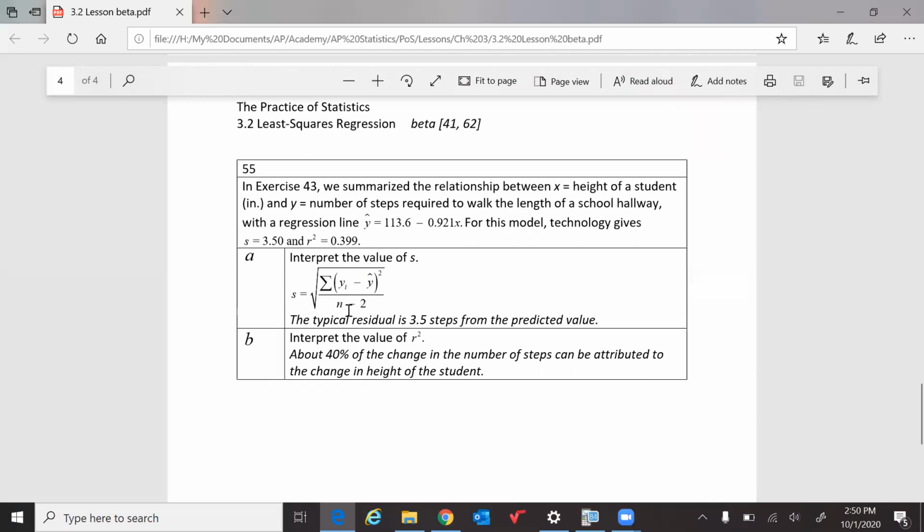So that's the algorithm. But what does it mean? They're telling you it's 3.5. The typical residual is 3.5 units, whatever this is in context, from the predicted value. And R squared is this. About 40% of the change in the output can be attributed to change in the input. Okay? So